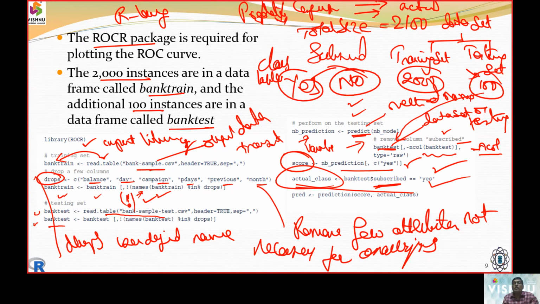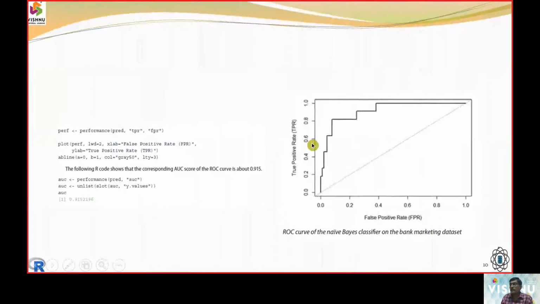Now we will estimate the probability. Now we need to estimate the probability. How? It is with score and with the actual label, that is yes versus yes, yes versus yes, we are going to get that element. So how we are going to get? So we say it is prediction with prediction of score between score and actual values. Next one.